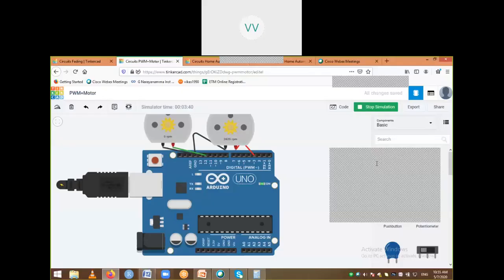When I give 0, like if I am getting 0 RPM, rotations per minute, it means I have 0% duty cycle. In such case, I need to pass 0 value to that particular pin 3.